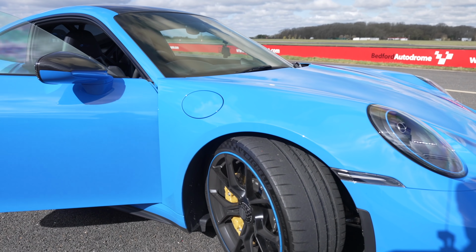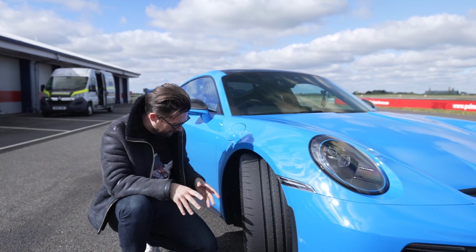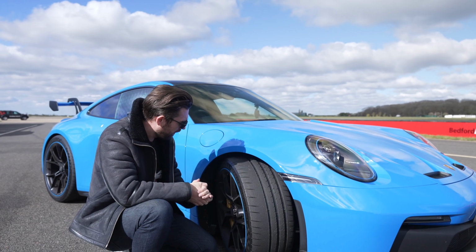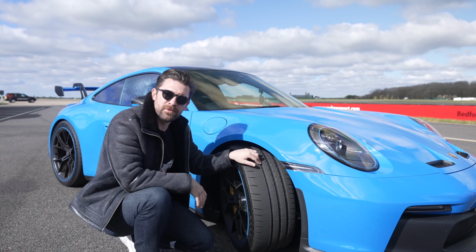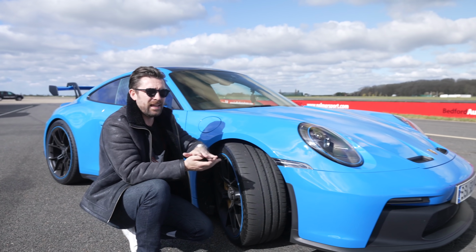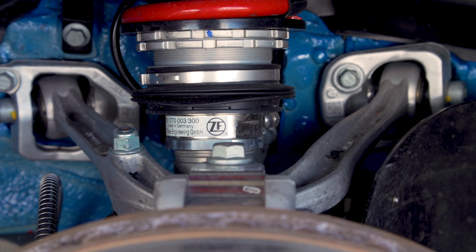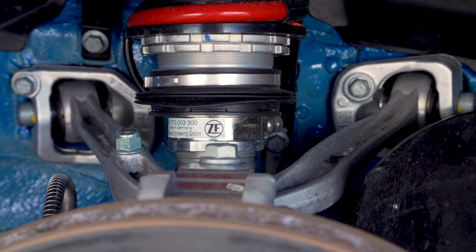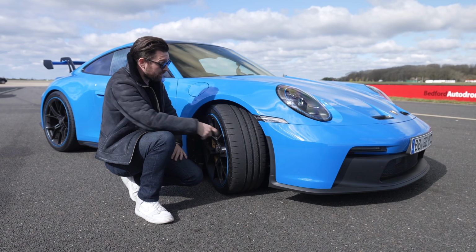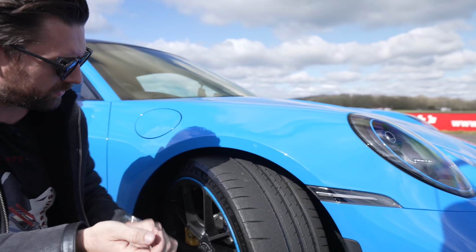So this is where it all happens. I'm quite familiar with it when I take my GT3 on track, which is a 991 Gen 2 manual GT3. It does a very good job of taking care of its tyres, but the biggest difference for me in terms of feeling, obviously coming from the revised double wishbone, is when you're going through the really tight stuff that you would conventionally in previous 911s be leaning on the majority of the outer edge of the tyre. On this you can get on throttle earlier, you can lean on it through tighter corners harder,